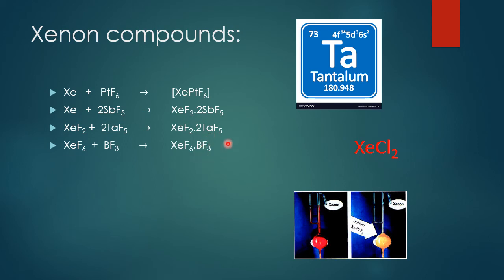Likewise, when xenon hexafluoride is treated with boron trifluoride, BF3, you get one more addition product, XeF6.BF3. Likewise, when xenon hexafluoride reacts with metallic fluorides, especially alkali metals, such as sodium, potassium, rubidium, cesium, francium, the alkali metal fluorides give the addition product XeF6.MF. The xenon platinate complex is an orange yellow solid, and it is insoluble in carbon tetrachloride. Other than xenon difluoride, there is also evidence that a xenon dichloride compound can exist. So this is about the compounds of xenon.